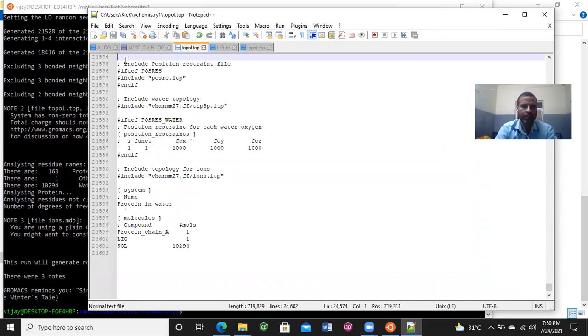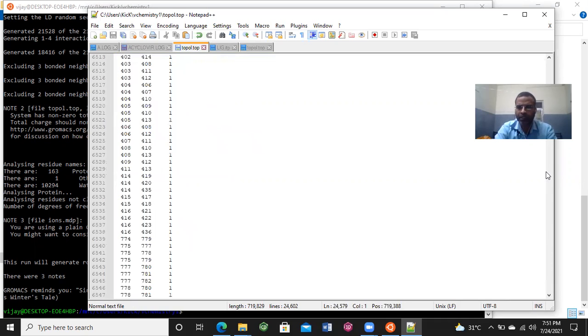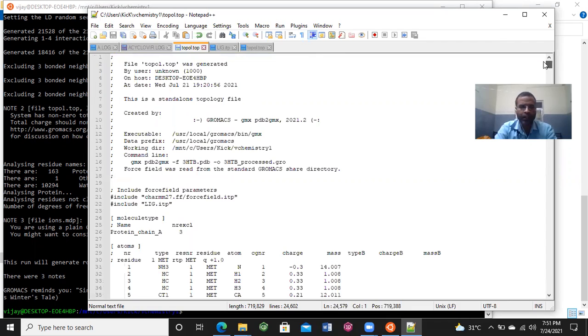Just see, initially I placed it here before the water topology, but as per my old experience, when I include this ligand.itp in the topology file after the force field parameter, there will be no error.